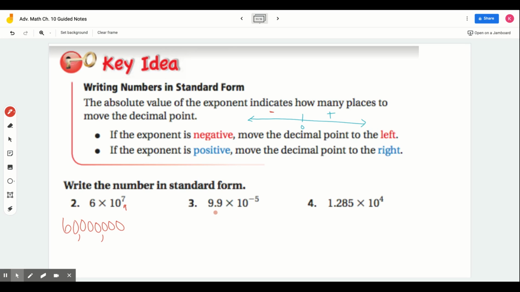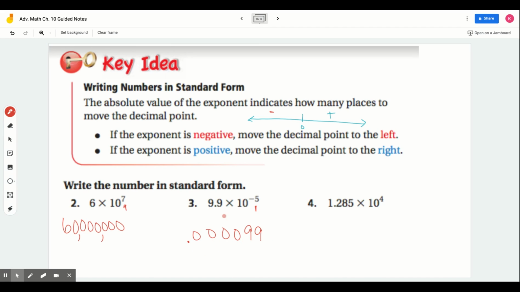Now with number 3 here, 9.9 times 10 to the negative 5th, I'm moving my decimal 5 times to the left since my exponent is negative. So I'm going to start by writing my number 9.9. Now, I moved once, twice, 3, 4, 5 times, and then I'm going to place my new decimal point. So my answer is